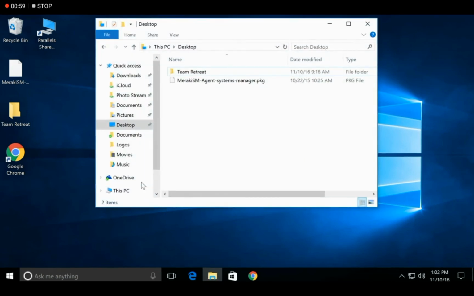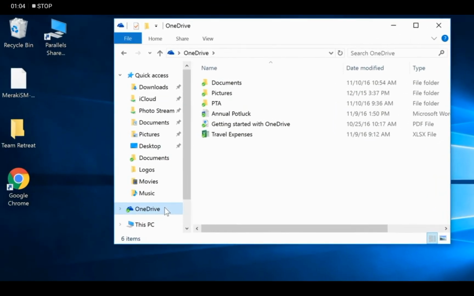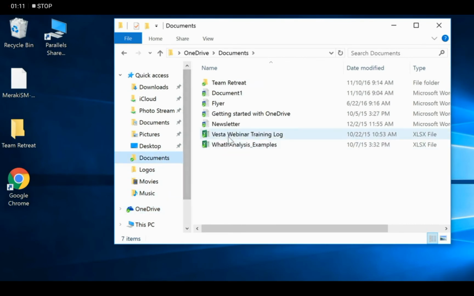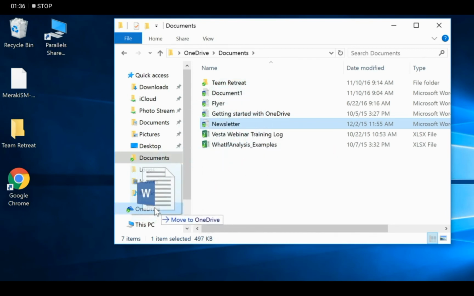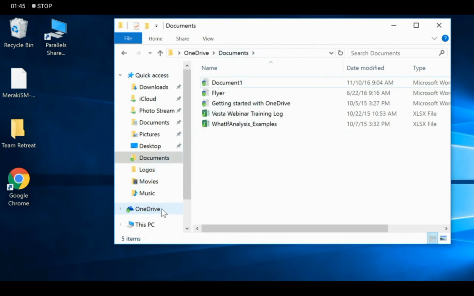You just have to open your desktop. After opening, there is a folder of OneDrive. So you can simply copy and paste or drag any file to this folder. You can select any file and then simply drag it to OneDrive. After dragging, it will automatically save in your OneDrive, or you can simply save a complete folder by just dragging it into your OneDrive account.